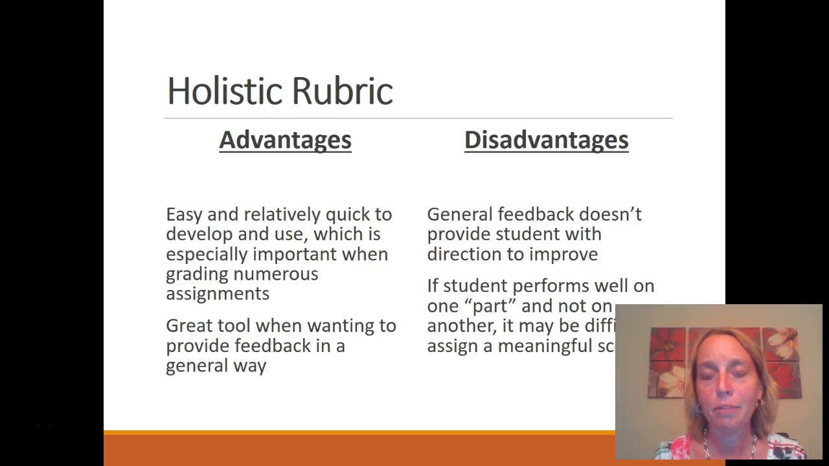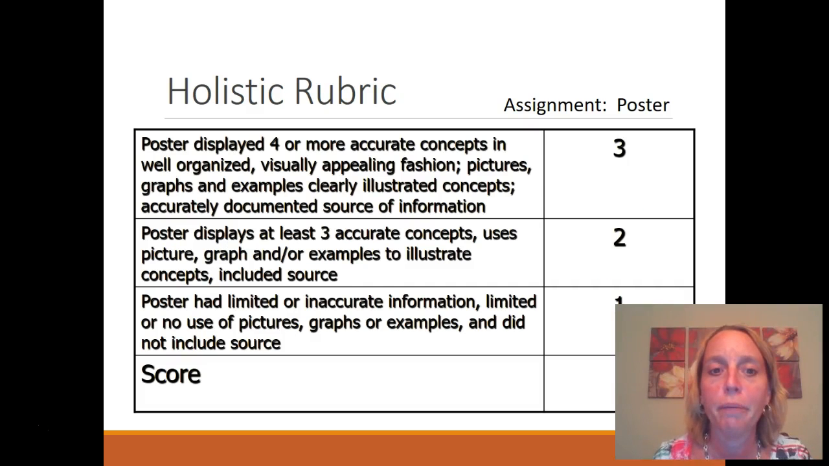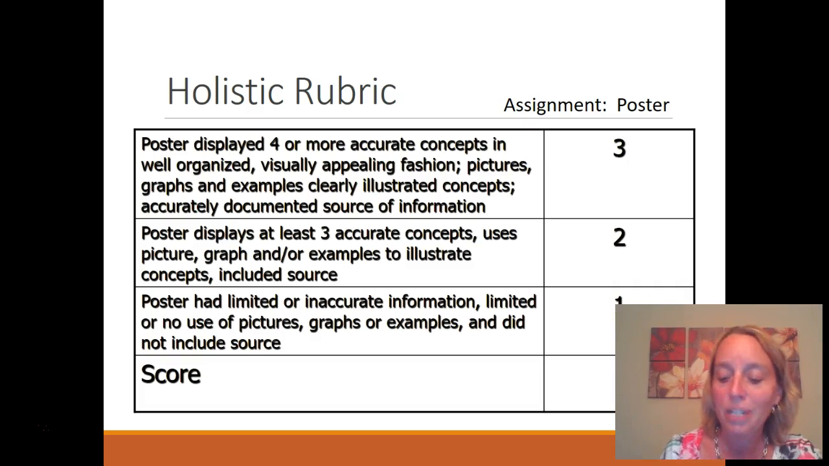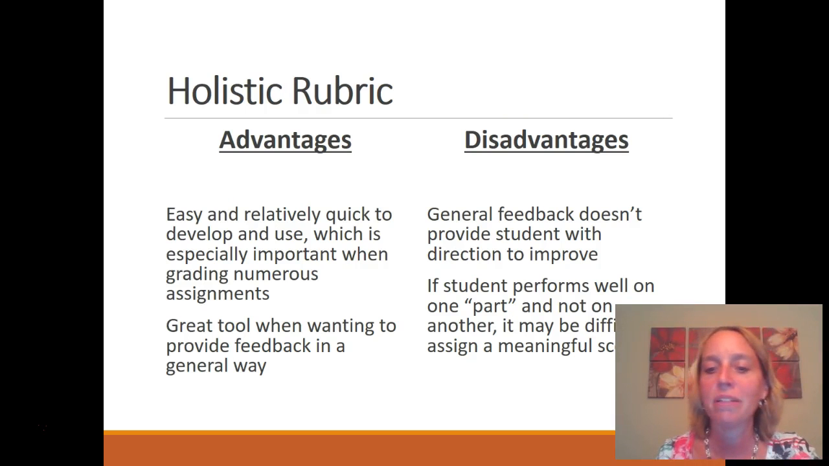Let's say a student did part of it, but not the other part. So if I go back here for a minute, maybe they had 4 more accurate concepts, but it was not in a visually appealing fashion. Well, does that mean they still get a 3, or do you bump them down to a 2? So you can see how, if one of the parts is missing, something's not quite in sync,